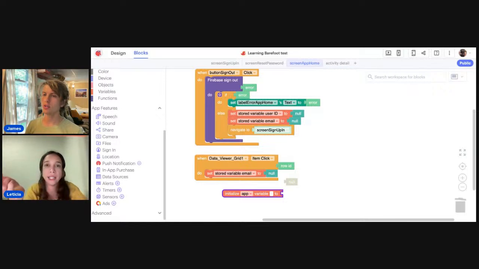It's always going to go to the same page. So once you get to that page, you need to then remember what the user clicked on. So it's like activity detail. Yeah, or activity ID.